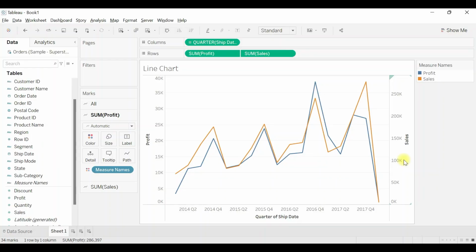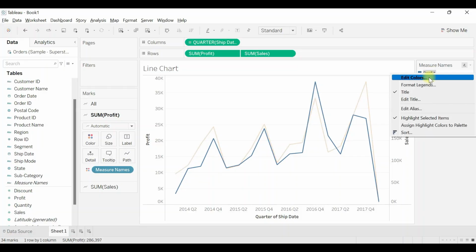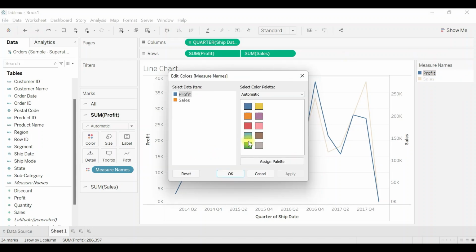Also, you will notice there is a legend already generated that says profit is in blue color and sales is in orange color. Now, if I need to change the color of any of the profit or sales or any measure, what I can do is right click on any one of them and click on edit colors, and you will see a color bar popping up.